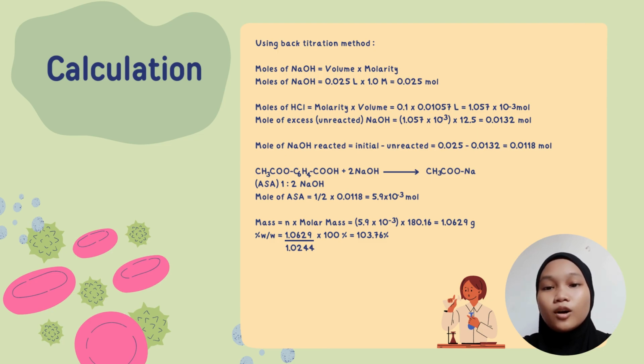To calculate the moles of ASA, we multiply 0.0118 by 1/2 because 1 mole of ASA equals 2 moles of NaOH, then the answer is 5.9 times 10 to the power of -3 mole. After that, we can calculate the mass of ASA with the moles that we got using the formula moles times molar mass of ASA. The answer is 1.0629 gram. Finally, we calculate the percent weight over weight, and the answer is